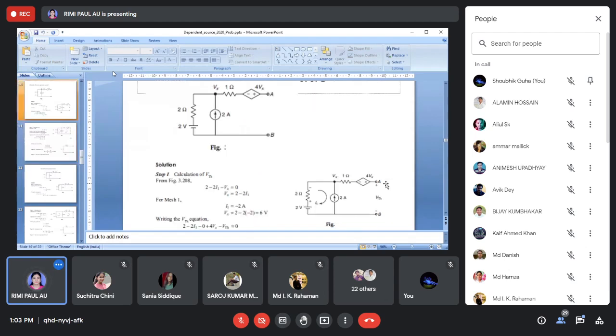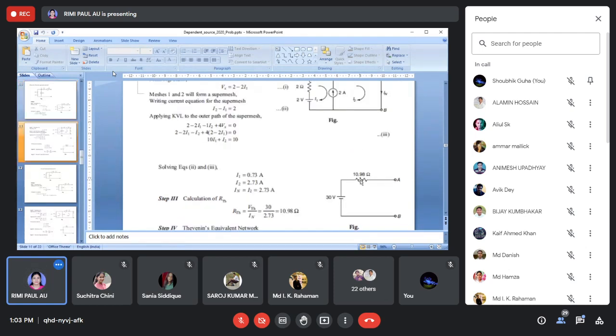This is a simple two branch circuit, but it may happen there are 4, 5, or 7, 8, 9 branches and different components present. In that case, how to solve the problem? You can just remove the load resistance, and you can apply Thevenin's theorem or Norton's theorem for dependent source, take these steps and solve the problem, so that you can write these easy steps from the complex network.